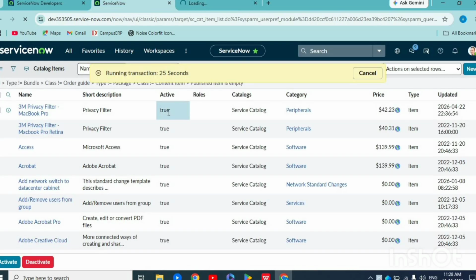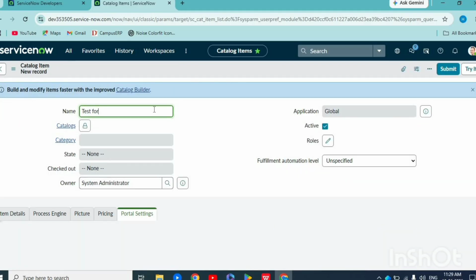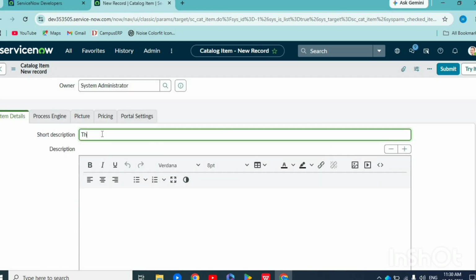So let's start. I open this sc_catalog_item table, which maintains the item table, and here if we click on New, we can create a new form for the catalog. So we can say the catalog item, service request form. We provide the name of this catalog, and then we have to select which catalog we can use. There is the Service Catalog, which we majorly use, and just provide the short description here